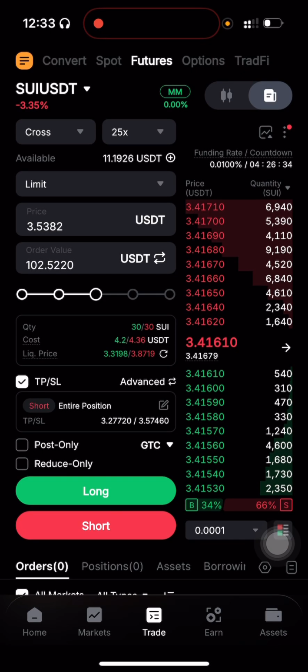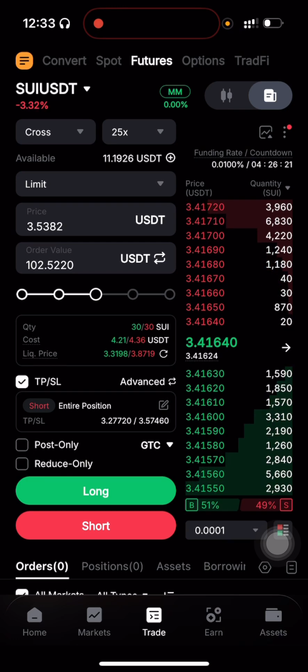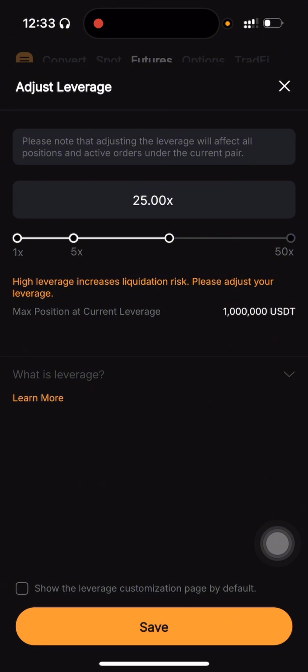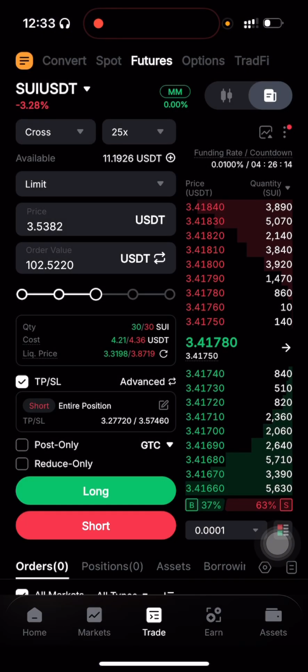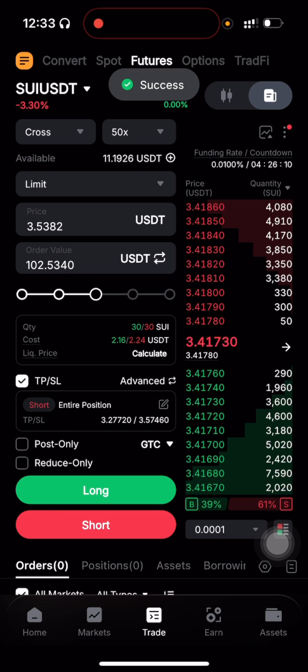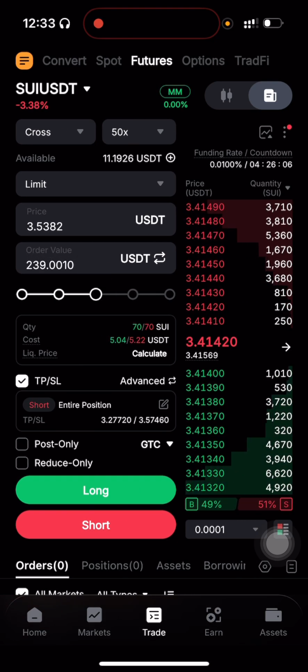Now this is where leverage comes in. If you are going to trade, the bigger your leverage, the more money you make, and if you hit stop loss, the more money you also lose. This is one thing that a lot of people don't actually point out to you. If you click on your leverage, for instance, and you click on customize, now initially they said on the trade, all right, you can see right here that it is to use 50x leverage. If I click on 50x leverage, for instance, now, all right, and I rearrange my price,